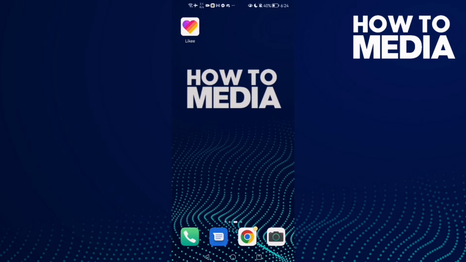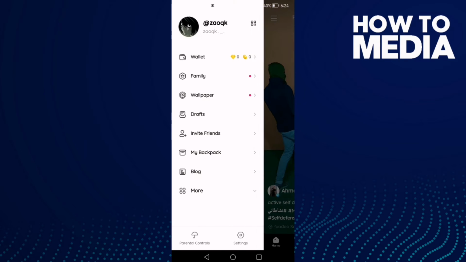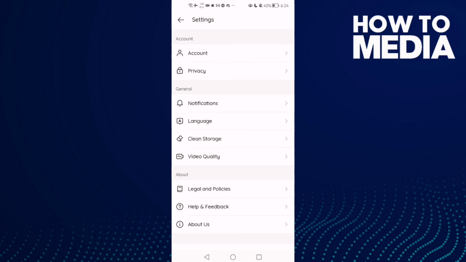First thing, go to Likee app and here you will find these three lines in the top corner. Click on it and then click settings, and here you will find it language,